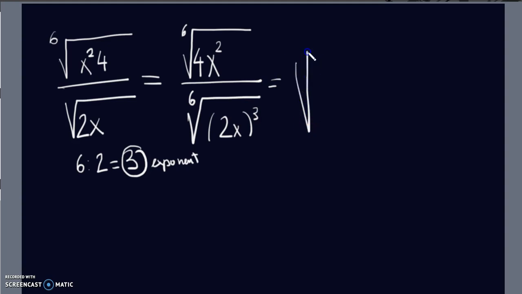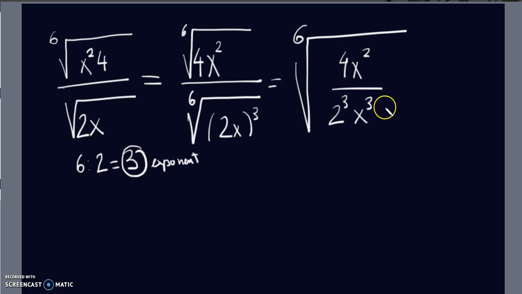I continue operating this. So I put all into the same radical. The numerator is the same. Okay, I have to operate this. I have to remove the bracket. So 2 to the power of 3 times x to the power of 3. Okay, now let's simplify. Well, here you have the number 4. And in the denominator, you have number 2. Well, you should